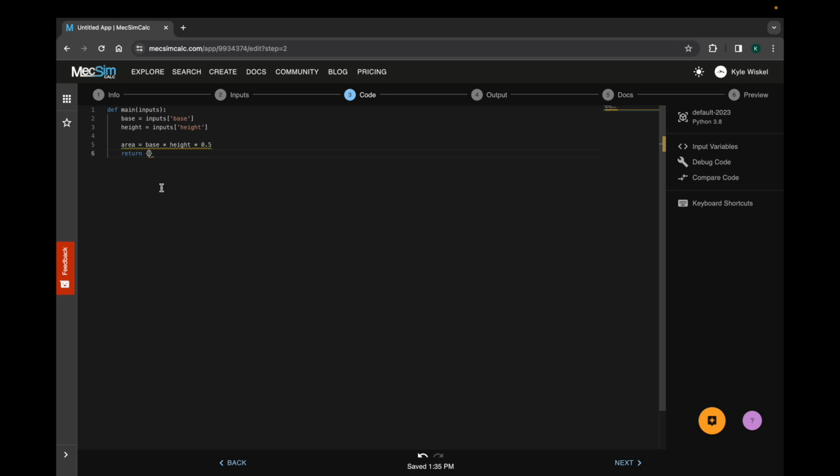To be able to output the results, we return a dictionary which has a key and value. In this case, the key will be a string of area, and then we will have the value area. This will allow us to reference the area in the output step.